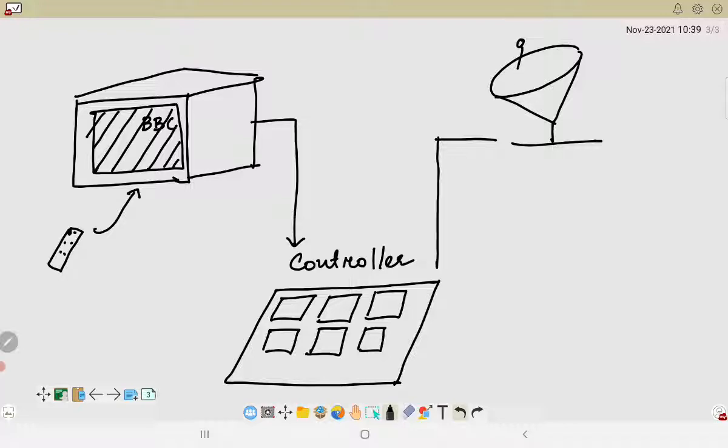And these integrated circuits will be forwarding the request to the channel receiver or the antenna, which is basically capable of changing the different information which is received at different frequencies. So whenever the request goes that we want to check out the BBC channel, the controller will say, okay, let me handle the request, and the controller will forward the request to the antenna saying that the user wants to check out the BBC channel.